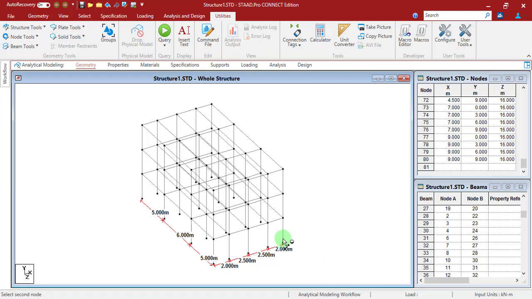So done. Similarly, this node to this node, 3 meter, 3 meter, and 3 meter. So this is how you can create a model using the translational repeat command. Now there is another way to do so, and this time we can do it again very quickly using the structural